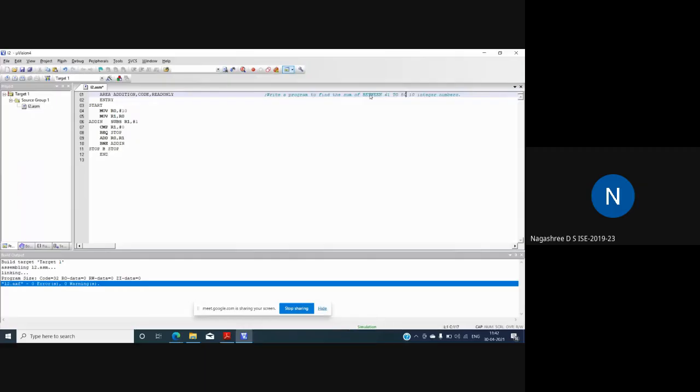Fourth line and seventh line. Can you tell? Instead of the 10, what should the value of R0 be here? It should be 50. Yes, it should be 50.